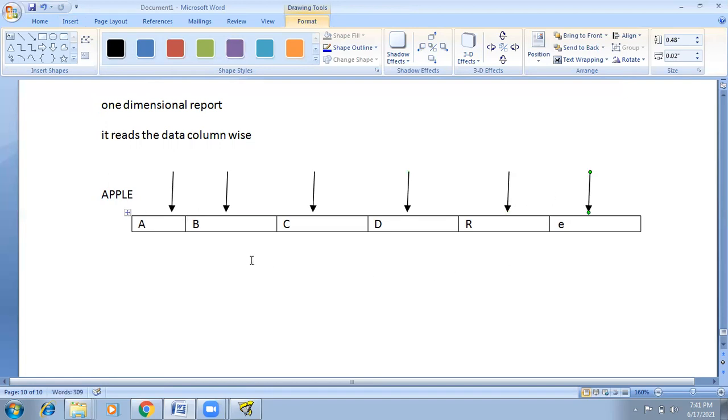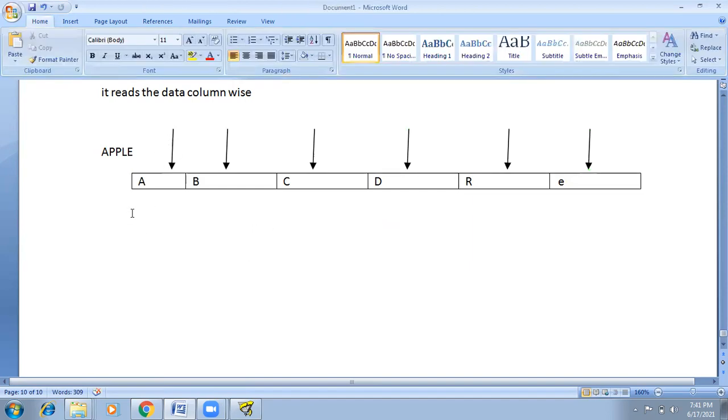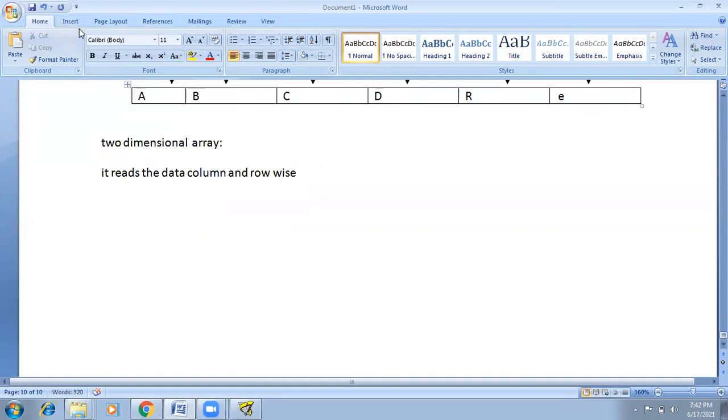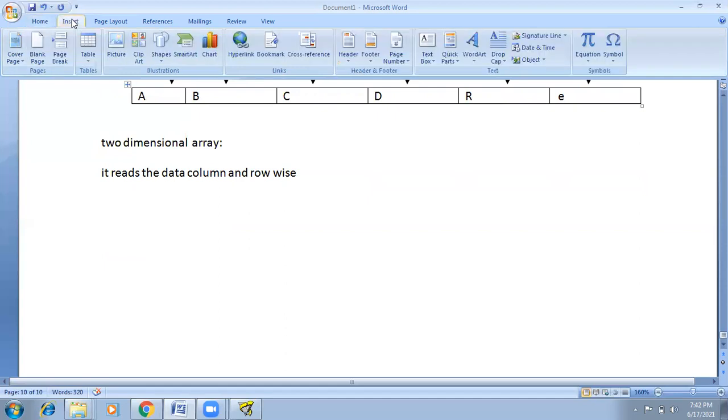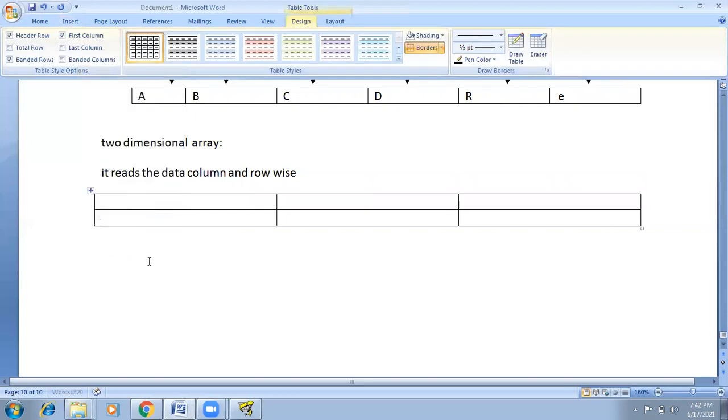A two-dimensional array reads the data column and row wise. Generally, data is available in matrix format, like 2 into 2 matrix, 3 into 2 matrix.